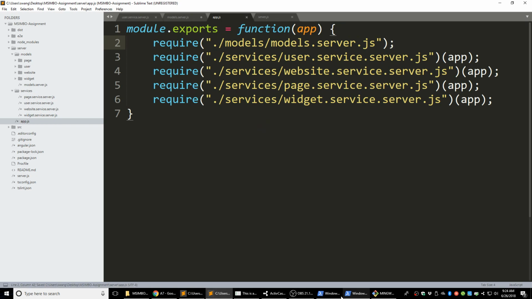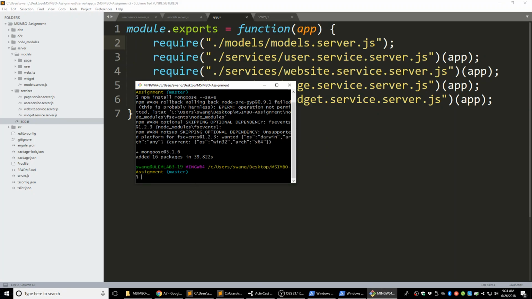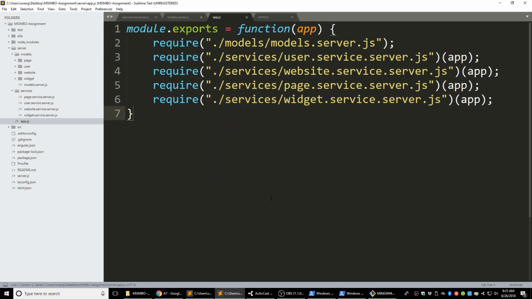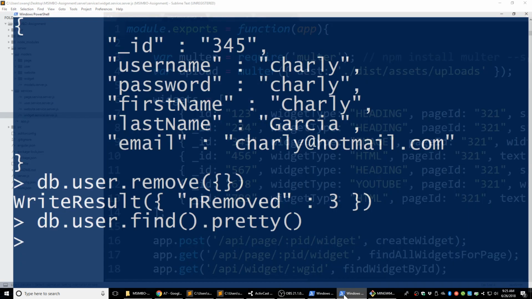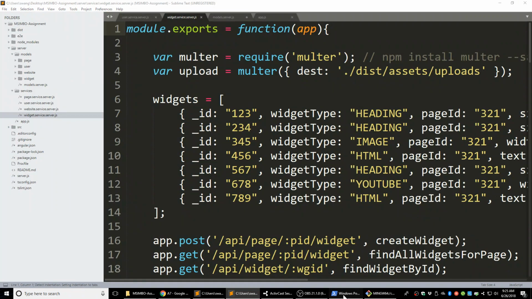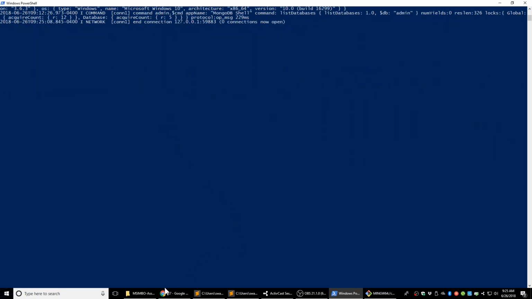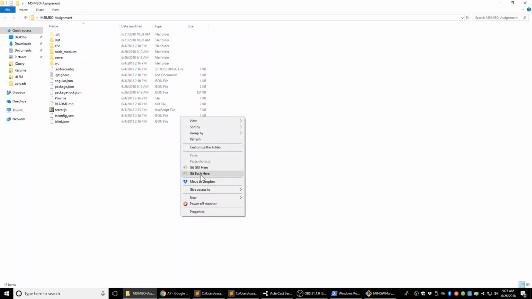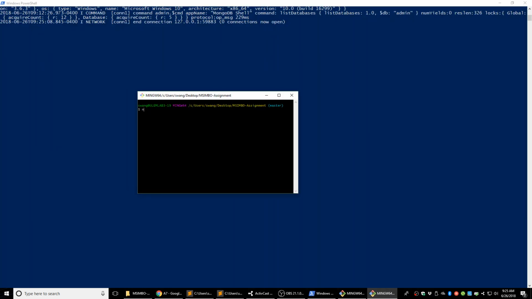Let's see if the installation is finished. Okay, Mongoose is installed. So let's firstly try it. Let's close this one here. This one is still running the MongoD, right? And if I open Git Bash here and run node server,